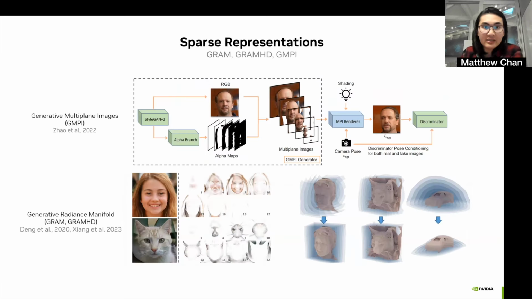Another approach that is possible and that many other 3D GANs attempt is to bypass the expensive volumetric representation in entirety, replacing it instead with sparse representations such as multiplane images on the top or radiance manifolds on the bottom.